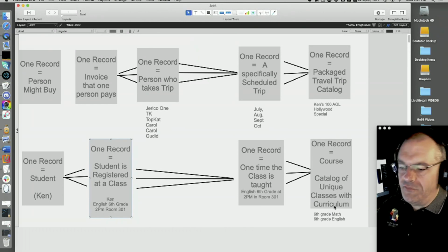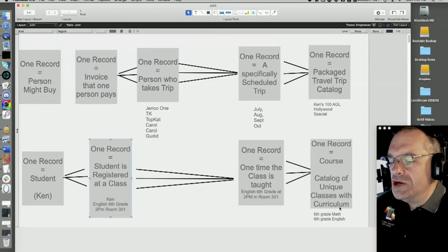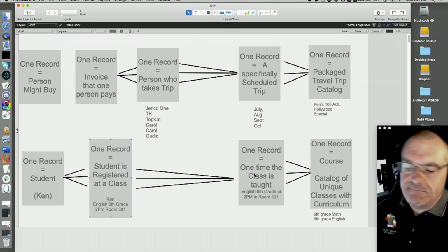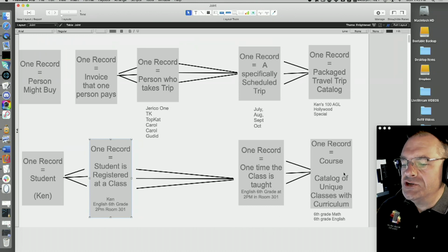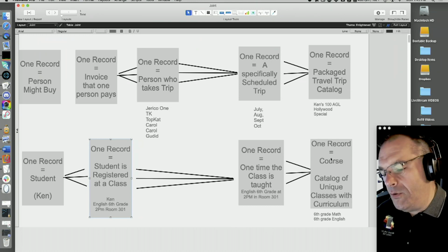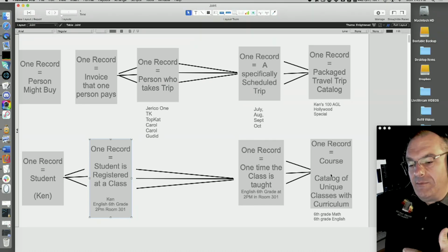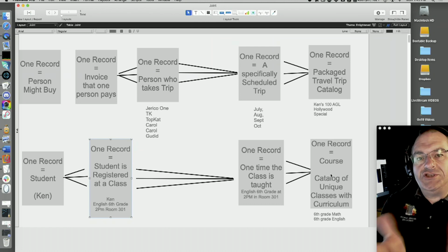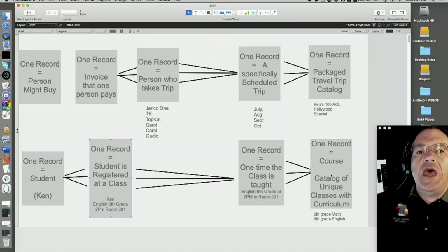Over here on this record, if we were going to break this all the way down for that scenario. So that way, if you say, show me the classes, show me all the sixth grade English that are being taught this year, this would be multiple records here, right? Show me the curriculum of that course. Oh, it's here. There's only one of them, right? There's only one curriculum. Now, you take that curriculum, I'm thinking paper here, but PDFs or whatever, and you duplicate it for each instructor. And all 6 instructors or 10 instructors have their own copies of